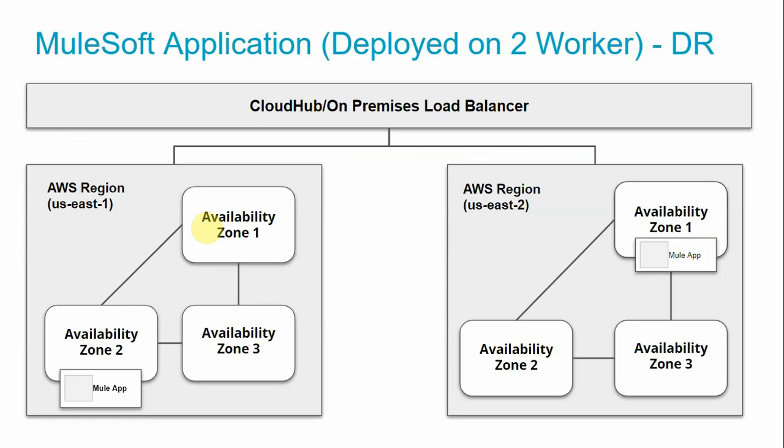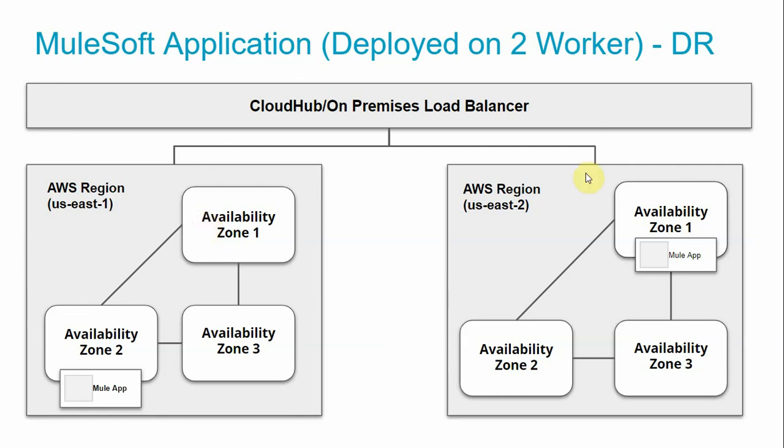Now I will come to disaster recovery. We have covered the scenario where your agent goes down. There is a possibility that your whole region goes down, and there are some applications which are business critical, and you have to make sure that even if the region goes down, your application serves all the requests. In that case, you can deploy the same application into separate regions. You deploy one instance of the application in US East 1, one instance in US East 2, and you can set up a CloudHub or any on-premise or external load balancer on